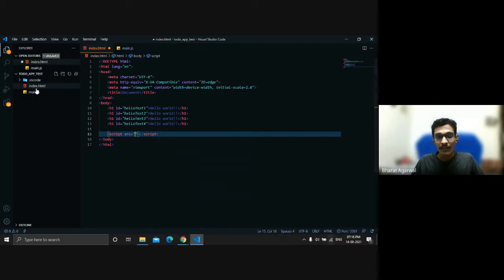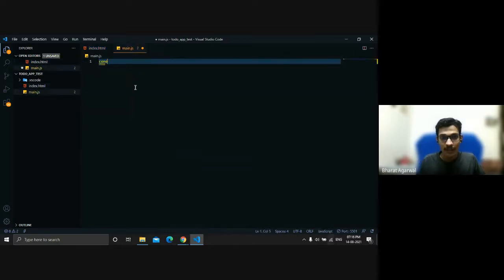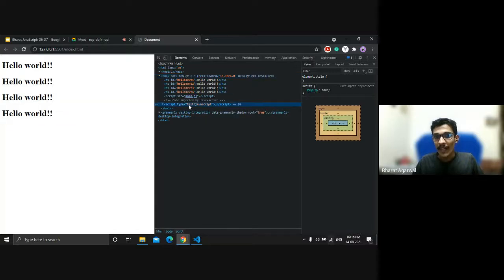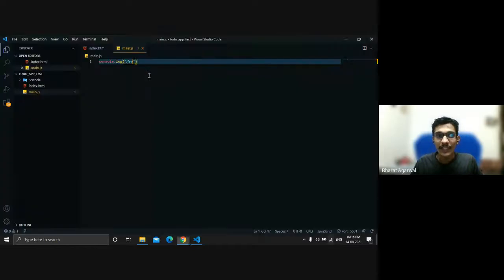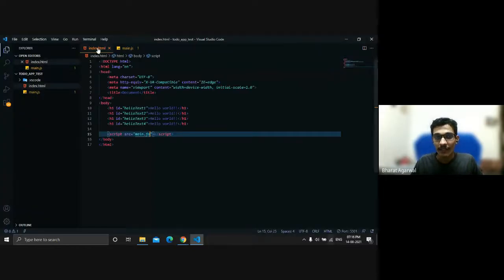As I am in the same folder, I will just do main.js. If I write console.log, see, the script tag is coming up here, and it loaded, and it is console log hey. So that's how we attach our JS file with our HTML file.